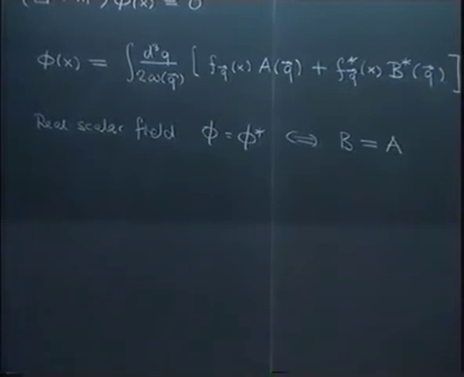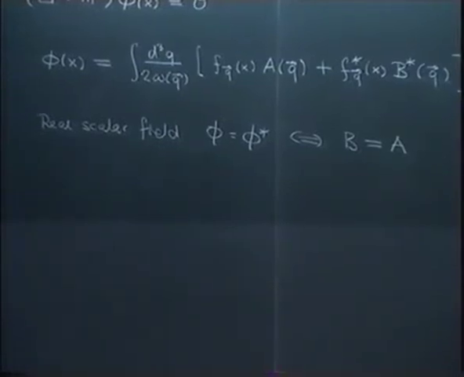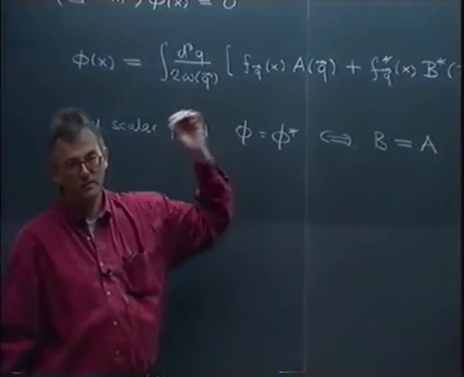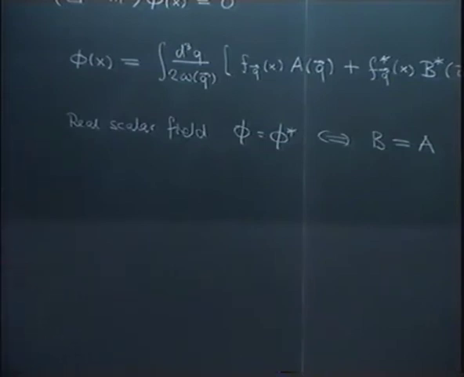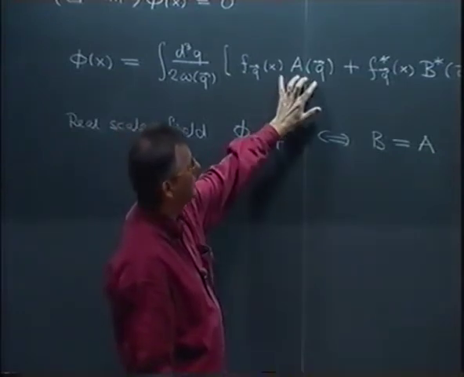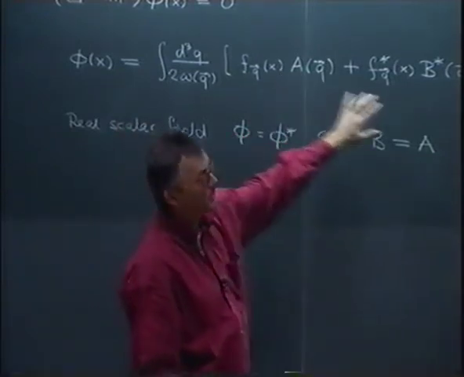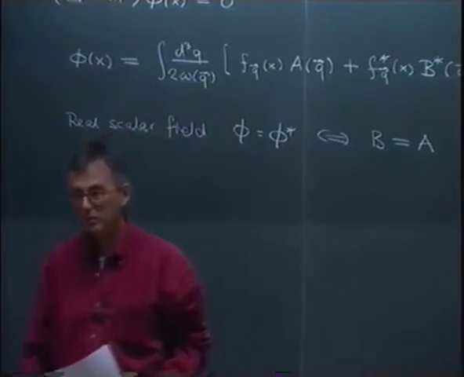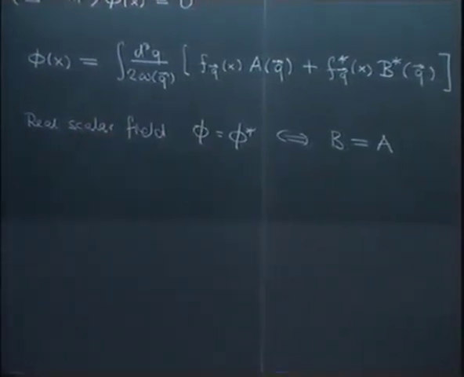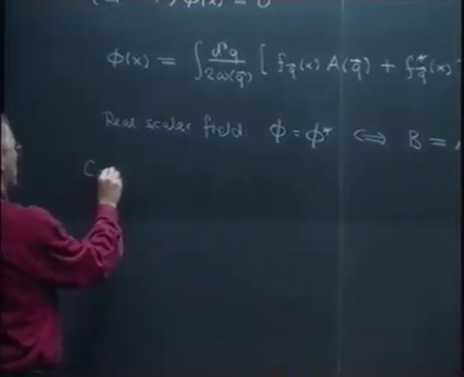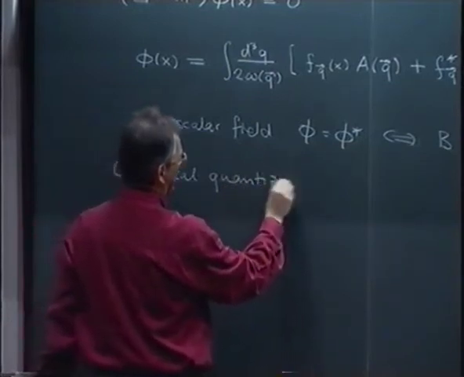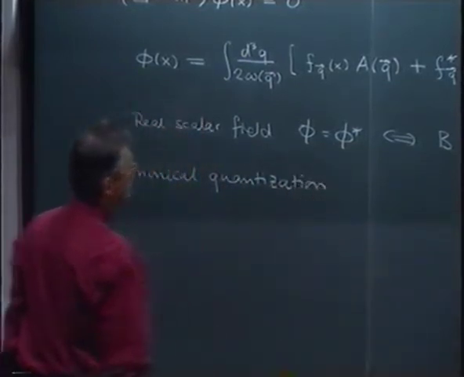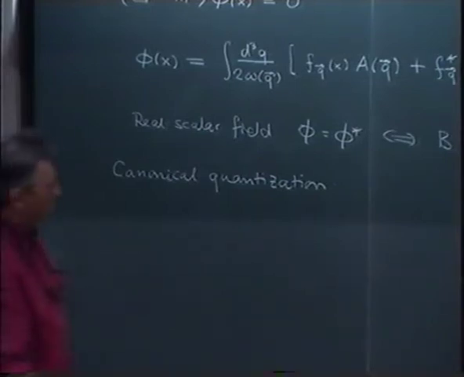So, as I explained yesterday, we think of this as a theory with infinitely many degrees of freedom, labeled by a continuous infinity of parameters. And when you go over to Fourier space and quantize the theory, then these A's and B's become creation and annihilation operators for particles. So upon canonical quantization, as explained yesterday, you have to do a little algebra.